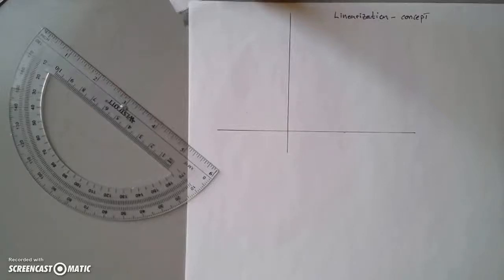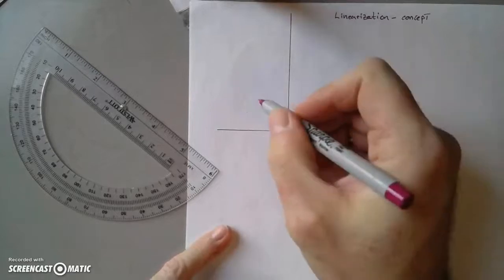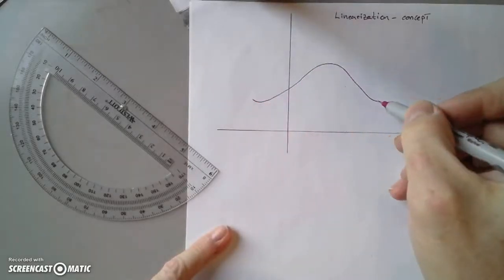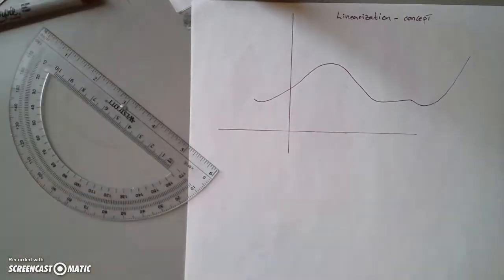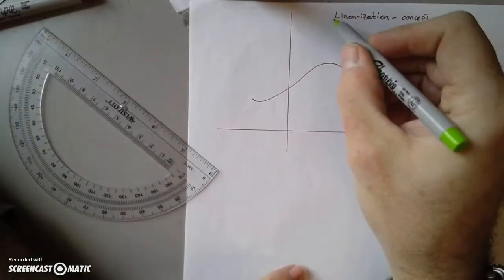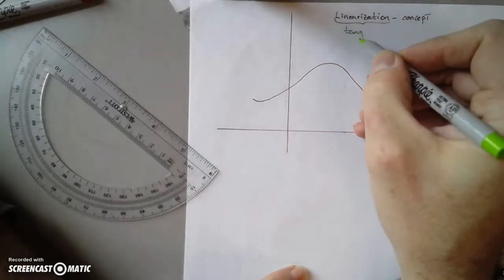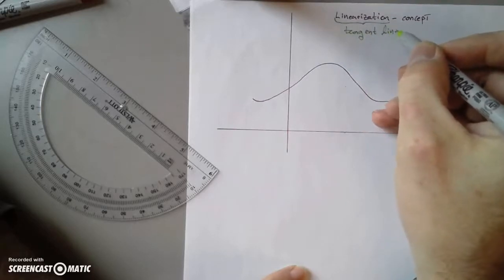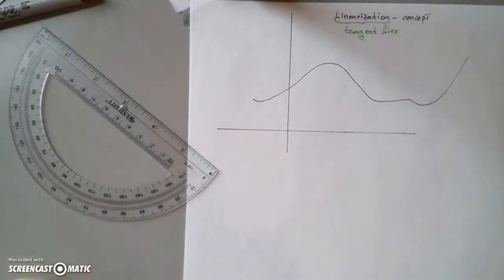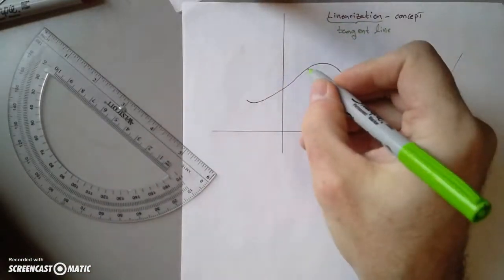Good morning. We're going to talk about the concept of linearization in calculus. The idea is, suppose you have some function. Linearization is essentially a fancy name for the tangent line. But this is an extremely useful concept in calculus that's used in the sciences. If you have a function that's differentiable, say at a point